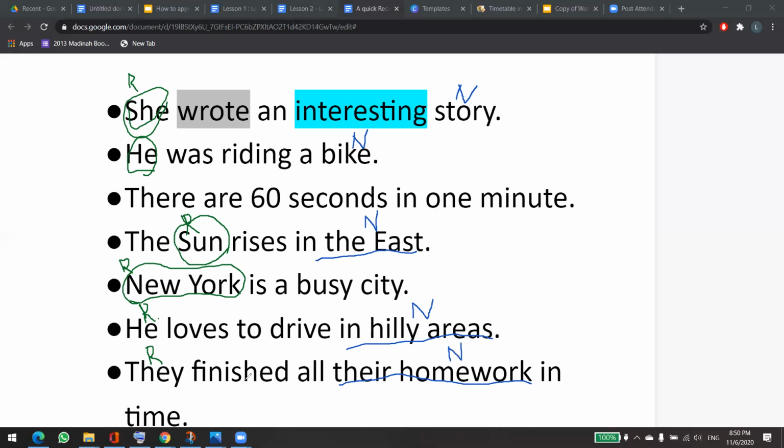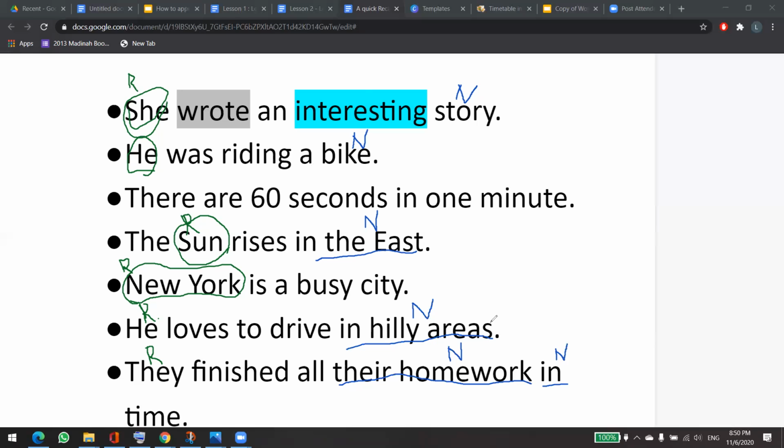And when did they finish? In time. How did they finish? They finished in time. So in time is again another detail. That is also nasab. Got it? For jar, we don't have a sentence with of here, but these are the examples, okay? So inshallah, we are going to do further exercises next time.